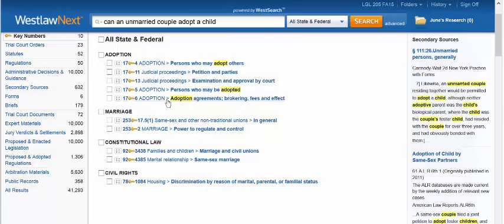And this is how Westlaw helps my research, because if I have a very particular case that I want to support a very particular argument, and it's very narrow, like persons who may be adopted, Westlaw is going to make my research easy with these key numbers. But this is a legal concept that covers many areas. It covers adoption, which is 17, marriage, which is 253, constitutional law, which is 92, civil rights,